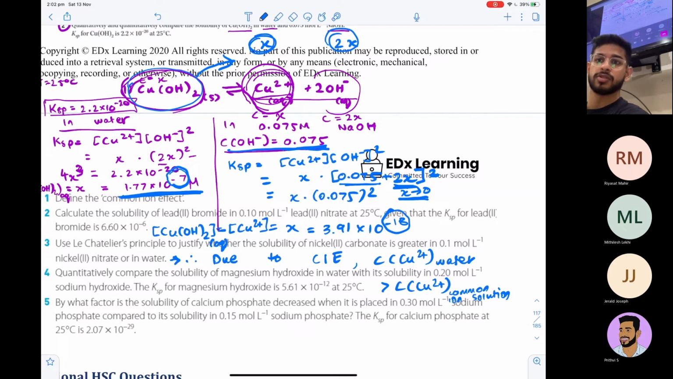If you'd like to, you can, to show the marker. But as long as you show the concentration in water is greater than the concentration in a common ion solution, you'll get the marks. Okay. Good. And to be safe, just a 1-line word statement is what you need at the end. All right? Well, congratulations, and I'm happy with what you learned